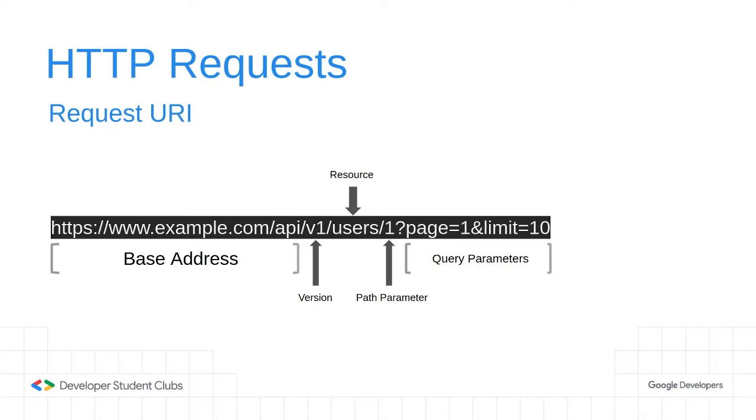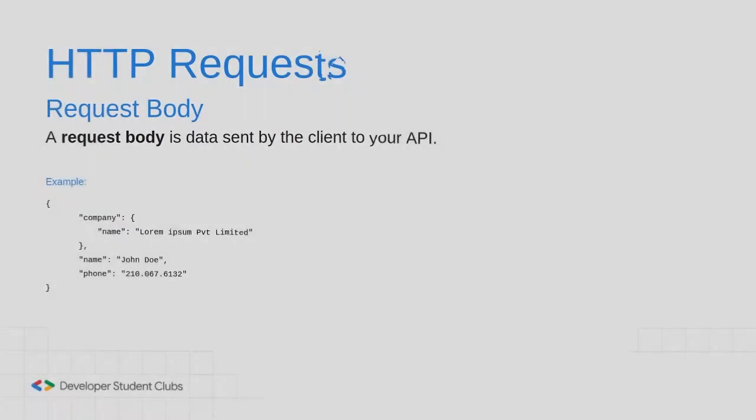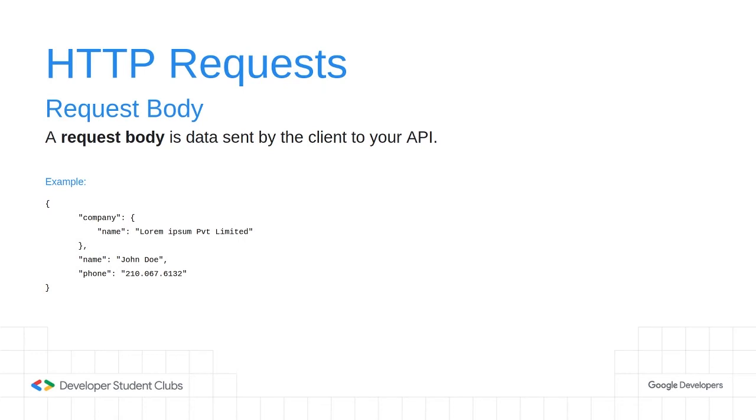Moving on, the request body. This is the major data that is sent by client to API. When data is sensitive or in a larger chunk, it's a good idea to send it over to the server using the request body. For our application, we will be using request body of type JSON. Although form data, raw text, XML, and many other formats are also supported.